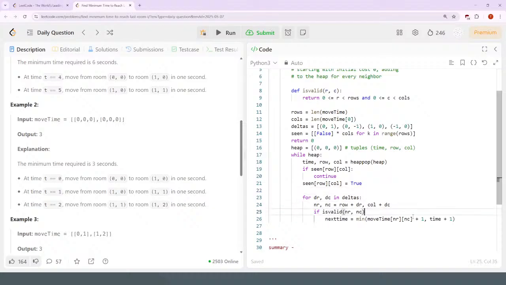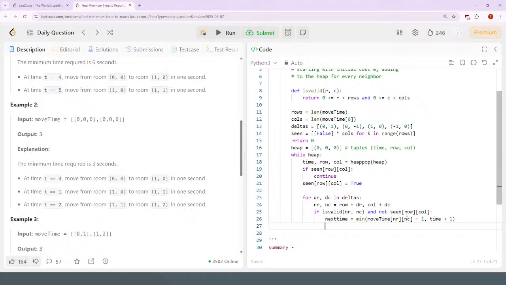Okay, if it's valid and seen at this row and column is false, if we haven't gone there before. It does seem like I'm double checking seen here, but I think it's probably fine. It's probably the more Pythonic